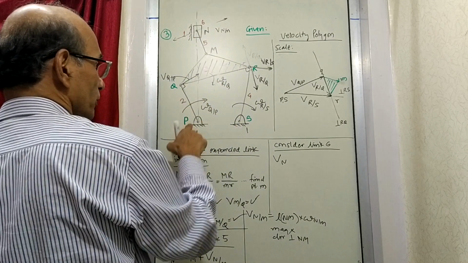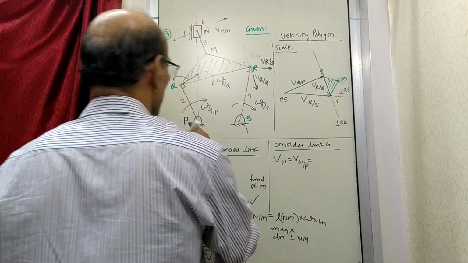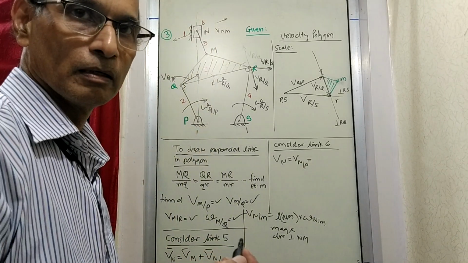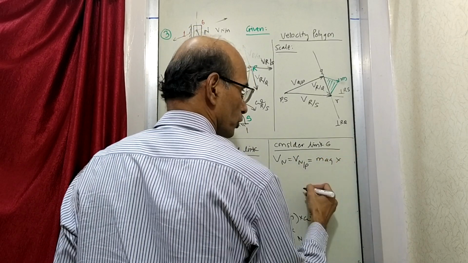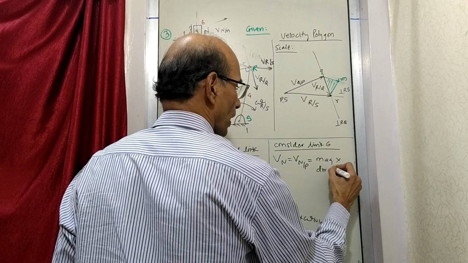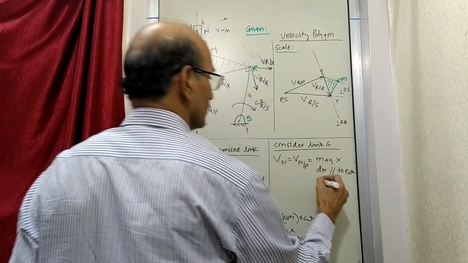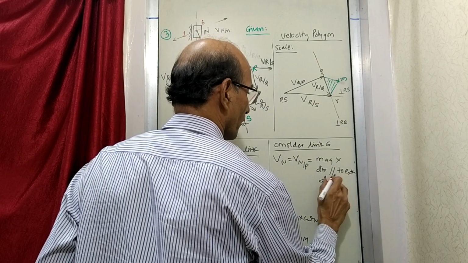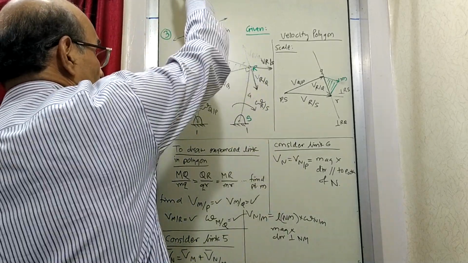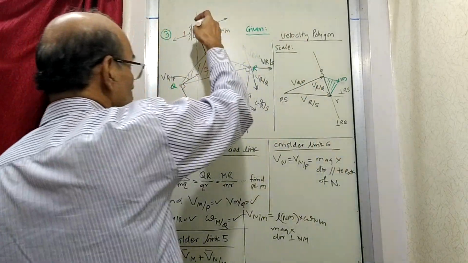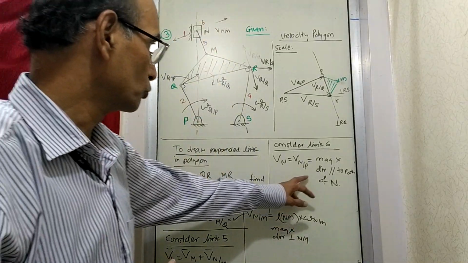What we want to know is velocity of N, with respect to which point? With respect to fixed point. So we don't write anything, which is the same as N with respect to P. Now this is given by what? Magnitude we don't know, so at the moment we can't write anything. And the direction is parallel to the path of N. So how is N moving? N is moving vertical, so the direction is going to be perpendicular. Velocity of N with respect to P is going to be along this line, which we have written.